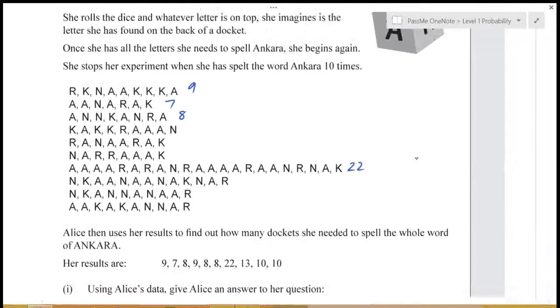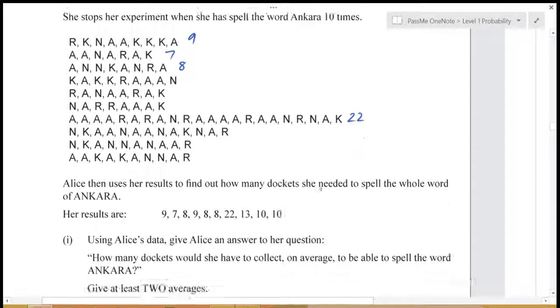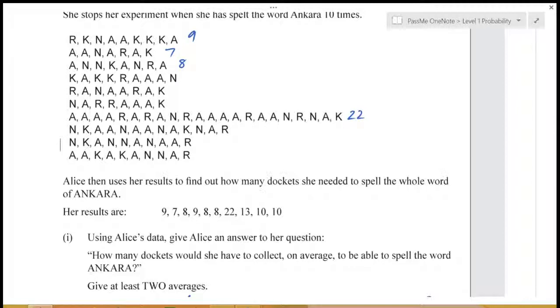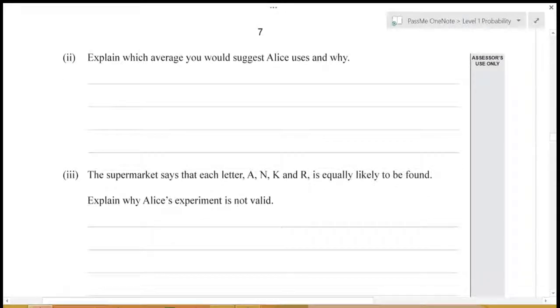Okay, explain which average you would suggest. Well, look, the one big problem we've got here is this massive outlier that's quite greatly affecting the mean. So I wouldn't choose the mean. That leaves the mode or the median. I think it'd be acceptable to use either, but I'm going to go with the median because it's really easy to justify. So I'm going to say median,